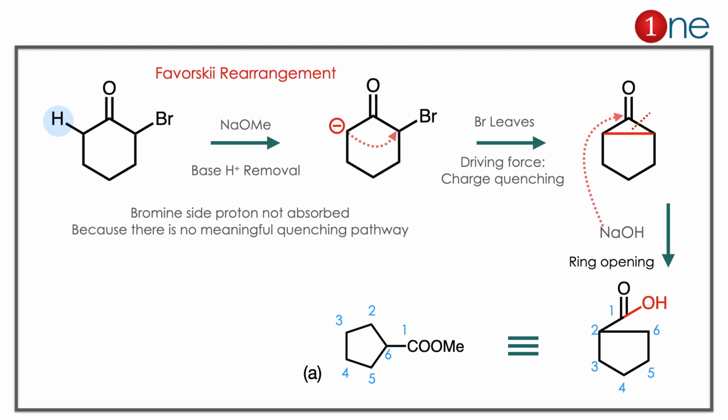Here you have to learn 2 important things. One is the Favorskii rearrangement. If you look at an alpha haloketone, you might think of the Favorskii rearrangement. Normally the proton is abstracted from the opposite side of the bromine. The second thing is charge quenching. The charge quenching leads to the 3-member ring. The charge quenching is always more favorable than the strained system. That's why the anion undergoes formation of the strained 3-member ring. Then the ring is opened here.